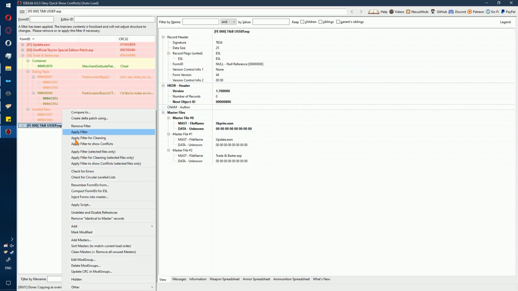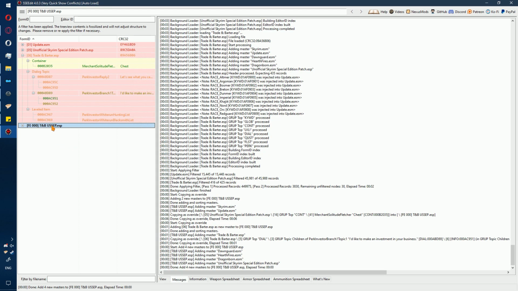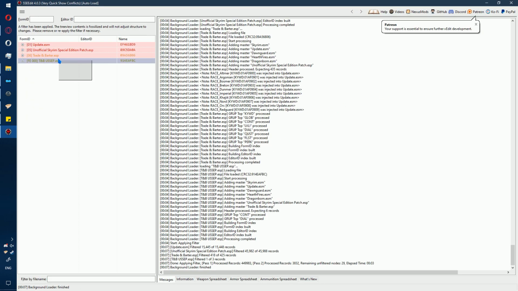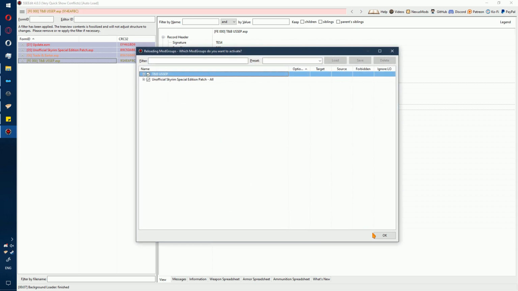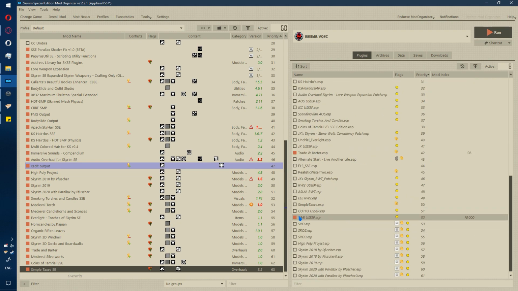and go to the plugin, add masters, set all, and sort the masters. Close it, save it, and let's go ahead and create a mod group. So right click, create mod group, yes, T and B USEP. Okay. Now let's go ahead and make sure to enable T and B USEP